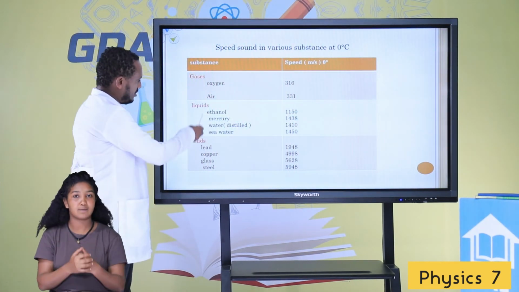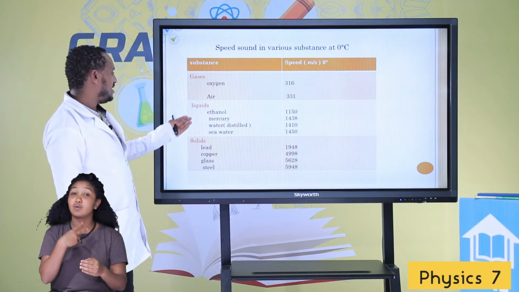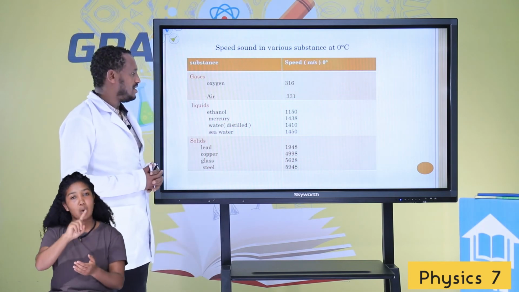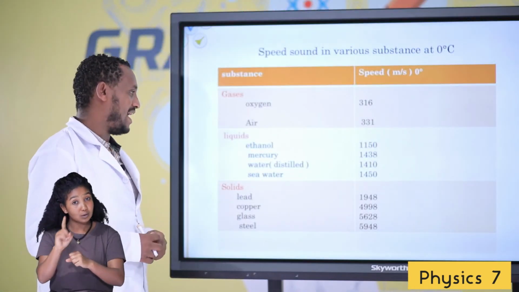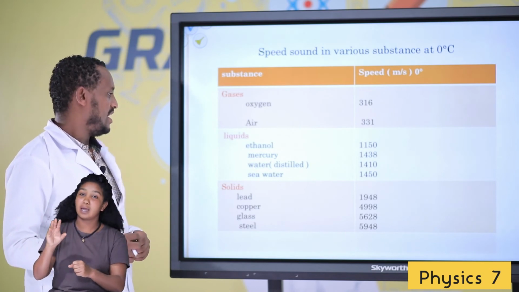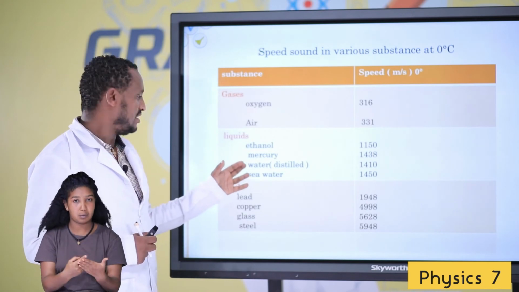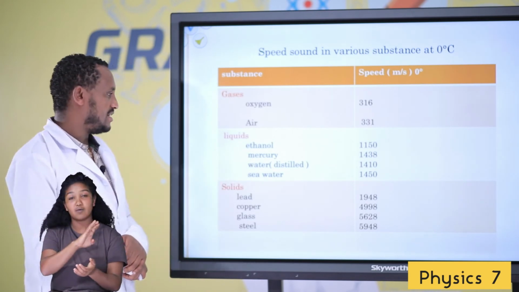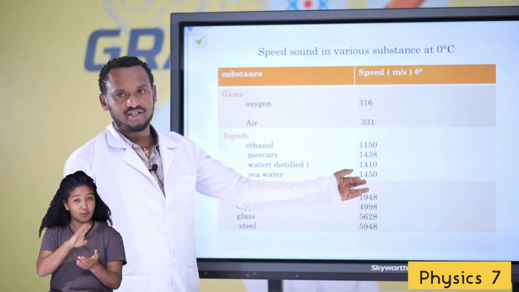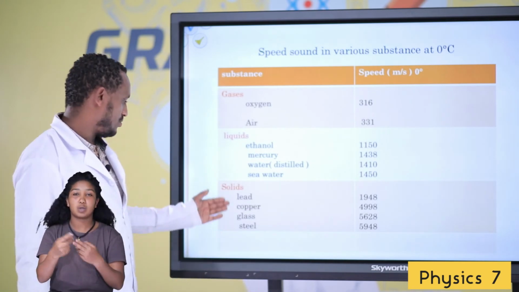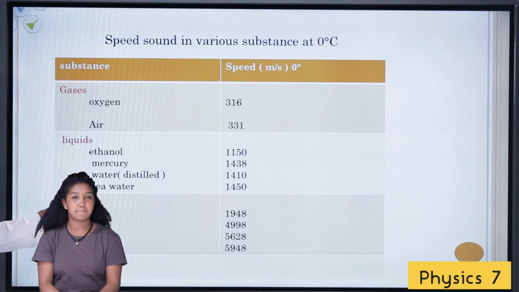Here we have liquids: ethanol, mercury, water, and seawater. The speed of sound in ethanol is 1,150 meters per second, and the speed of sound in mercury is 1,438 meters per second, and the speed of sound in water, this is pure water, is 1,410 meters per second, and in seawater the speed of sound is 1,450 meters per second. Here also we have solids: lead, copper, glass, steel, and the speed of sound in lead